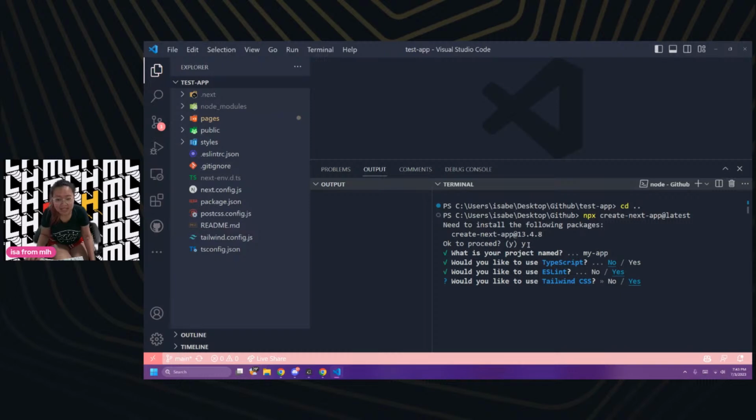Tailwind CSS. This gives me a good segue into asking folks, if you don't know Tailwind CSS, it is a framework, a tool that helps you use class names to style your website.